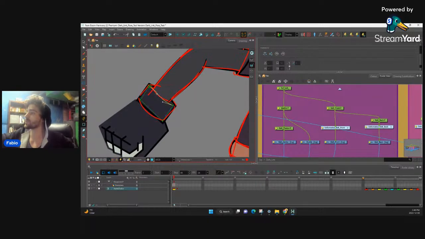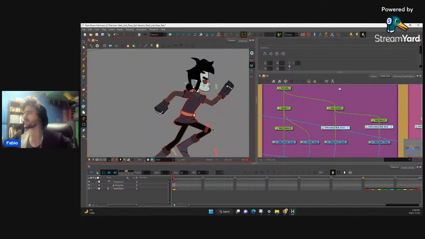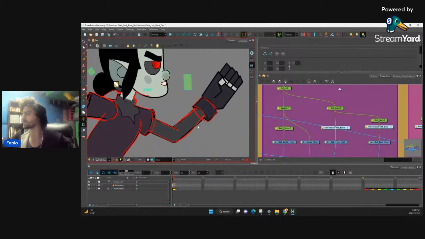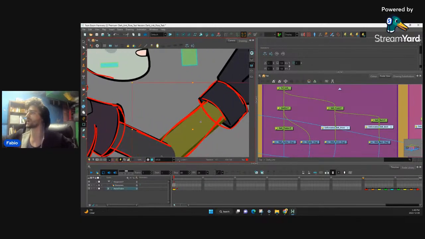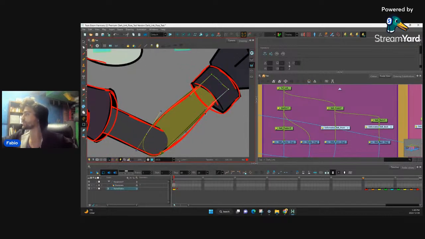Right, and if this one is working, the other rig should be working because it's the exact same rig. All I did was create a new color palette, which was surprisingly not as easy as I thought. So if anyone knows a quick way to swap color palettes, let me know, because that would be super useful. Because you can clone the palette, but then you can't really have these characters